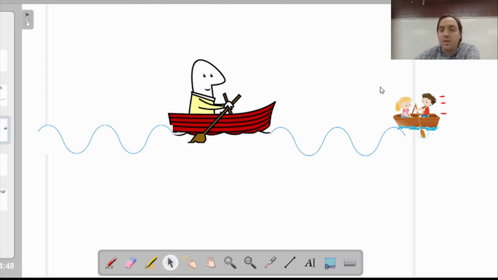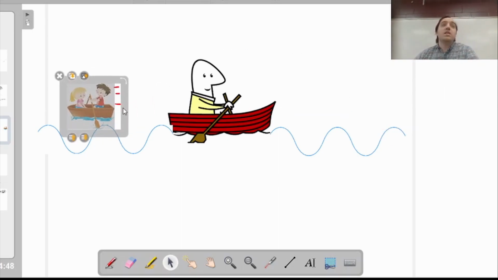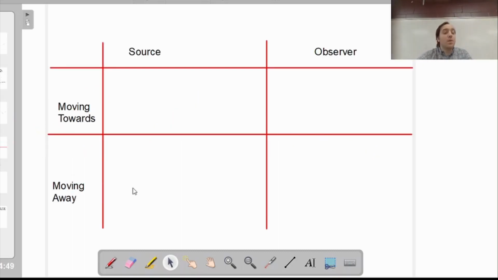If they were on the other side, the spacing would be farther away because the waves would have to play catch up, so to speak. In other words, where the observer is, and if they're moving, changes how the frequency and wavelength of the waves are observed. To summarize this in a handy chart that many people will probably copy down,